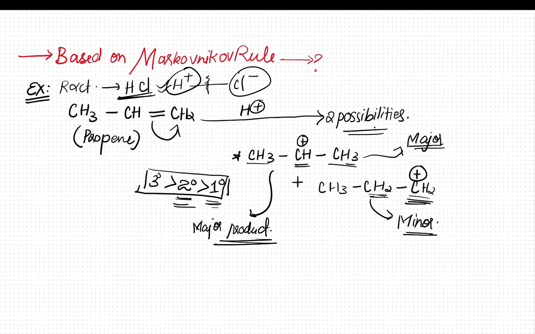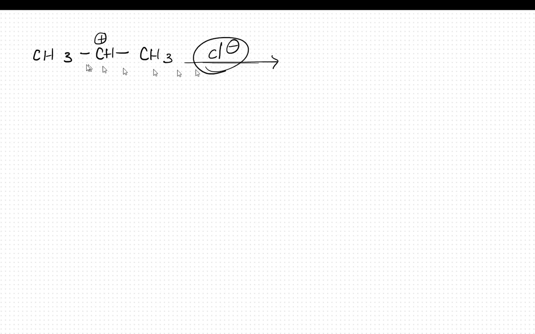Now let me clear this off and show it to you. Now you have your major product, CH3 single bond CH. This is my carbocation, and I am also having a CH2 CH3. This is my secondary carbocation, and since this has a demand of electrons, it has a positive charge. I also had a nucleophile, which is chlorine. This chlorine will attack this particular secondary carbocation, and it will form a bond as positive and negative attract each other,